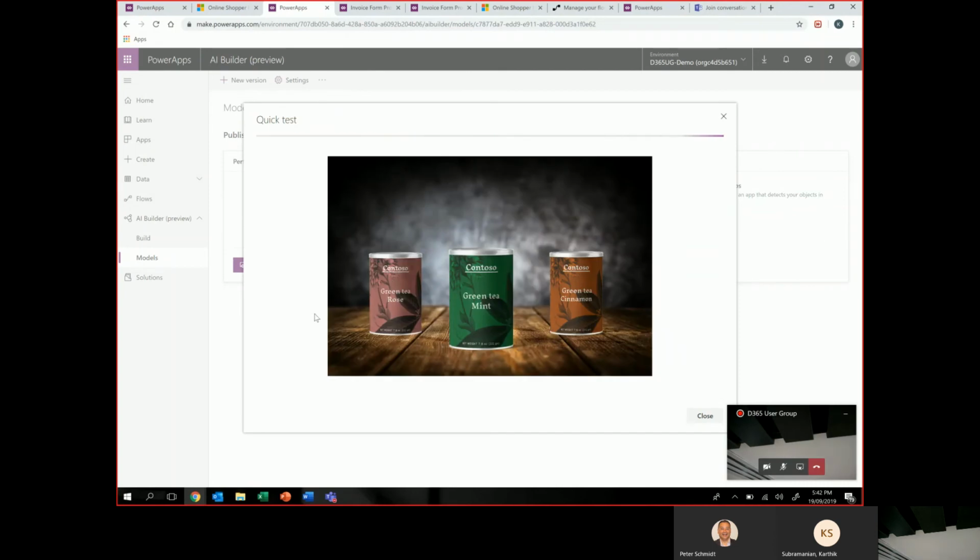So I got 3 different cans here of different types of tea. Hopefully, it should detect what each one is. There you go. So you got green tea, and it gives the chances or the probability around